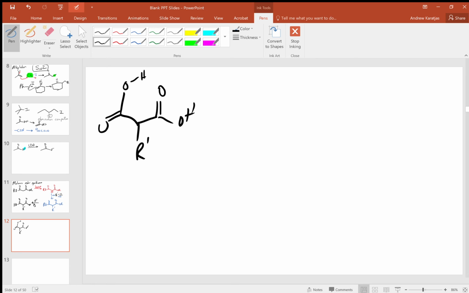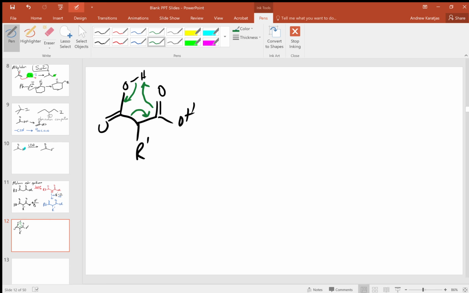Because if we notice, and this is why we have to use malonic acid specifically, that hydrogen on the carboxylic acid is 6 atoms away from the other carbonyl. And so under these conditions, under heat and acid, the carbonyl will grab that, those electrons shift down,